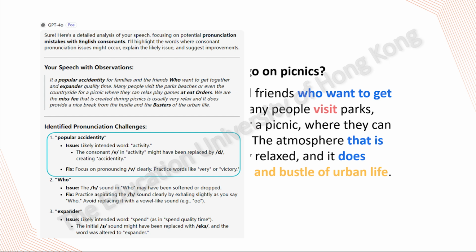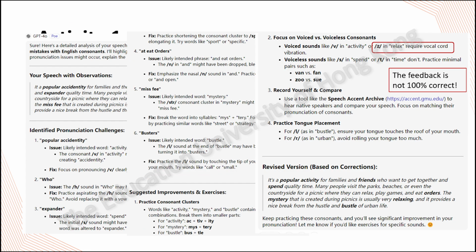For example, the AI tool identified that the speaker mispronounced the English V sound. Learners should pay attention to this consonant sound when practicing. Please note that the feedback is not 100% correct. You need to acquire basic knowledge on the linguistic features from our corpus and identify whether the feedback is correct